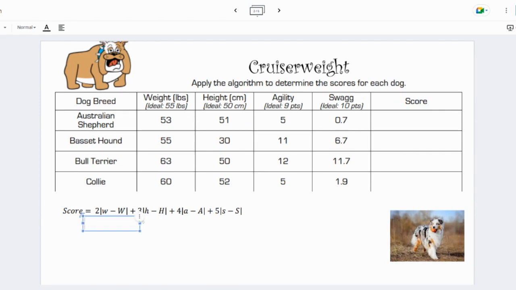Just like when we do the order of operations, you're going to want to have like an ice cream shape by the time you're done. So the score for this Australian Shepherd equals 2 times the absolute value of 53 minus 55, plus 3 times the absolute value of the actual height minus the ideal, so 51 minus 50, plus 4 times the absolute value of the agility minus the ideal, so 5 minus 9,